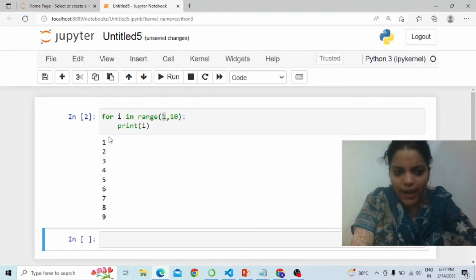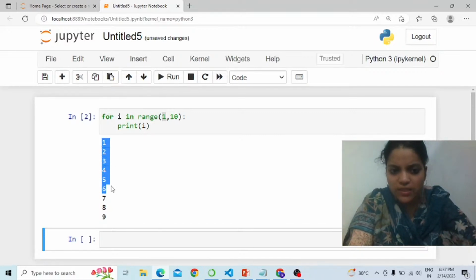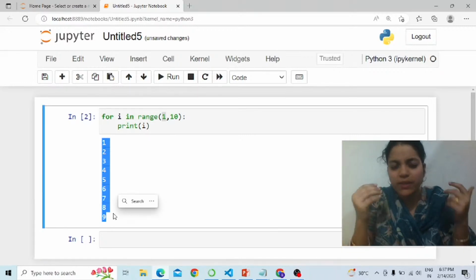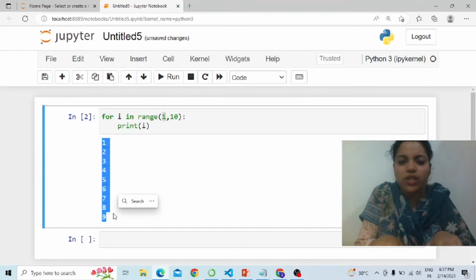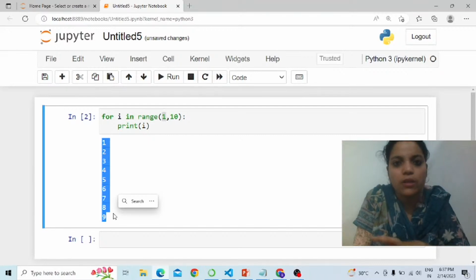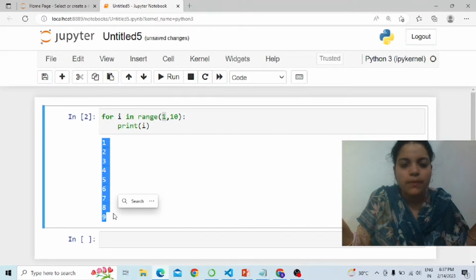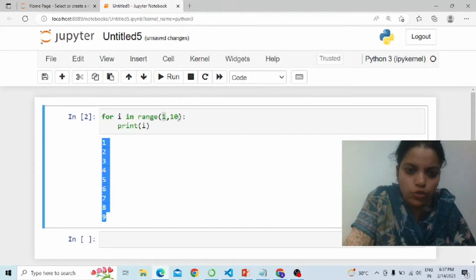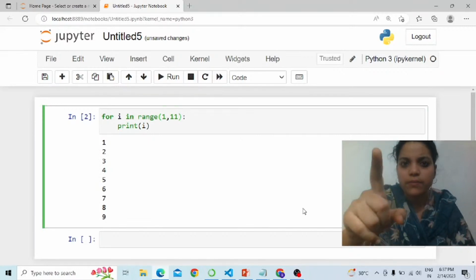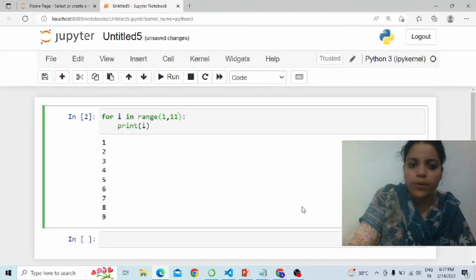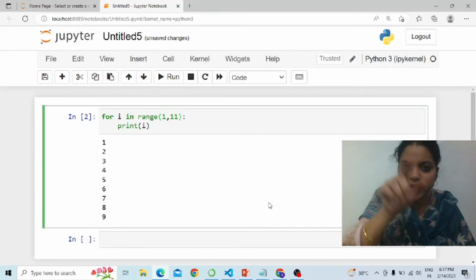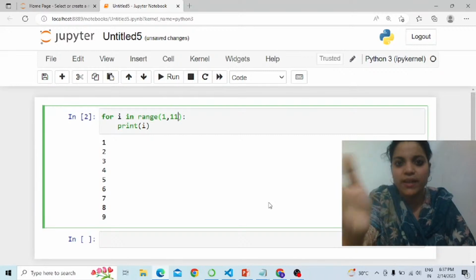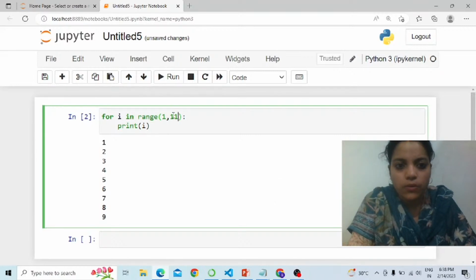Right, so you see I is 1, I is 2, 3, 4, 5, 6, 7, 8, 9. The last value printed was 9 because when I became 10, the condition turns false. 10 is not less than 10. All right, and if you wanted to print 10, then you should have increased the upper limit to 11. Right, because if you write 11, I will be tested for the truth of the condition till less than 11. Okay,